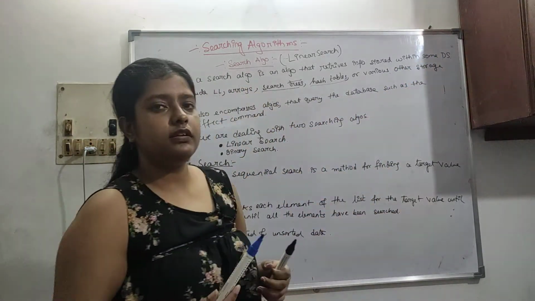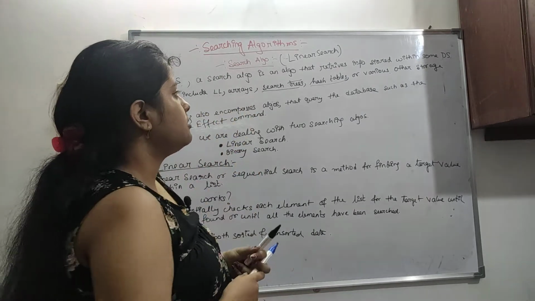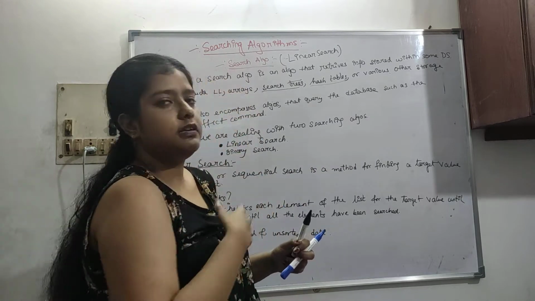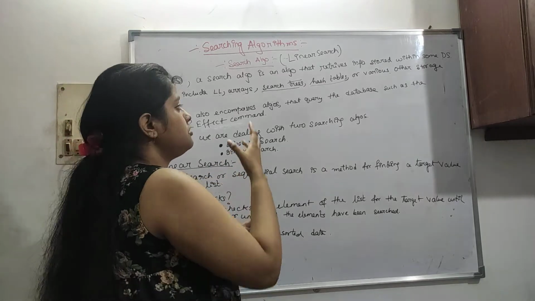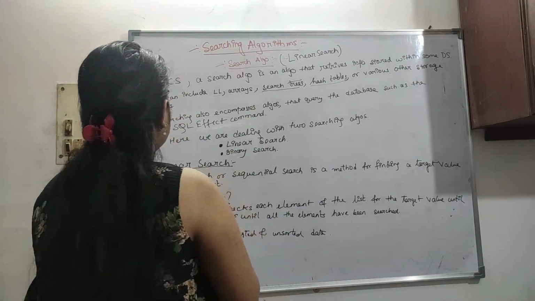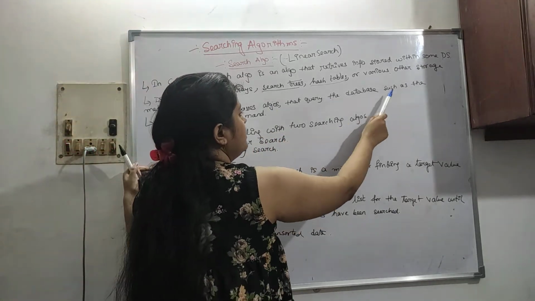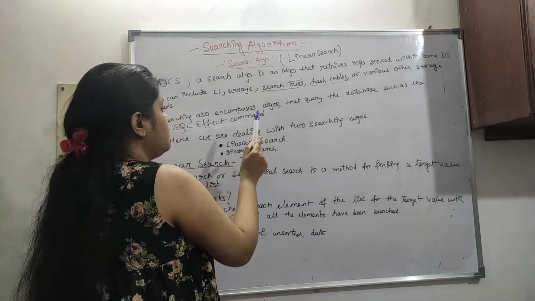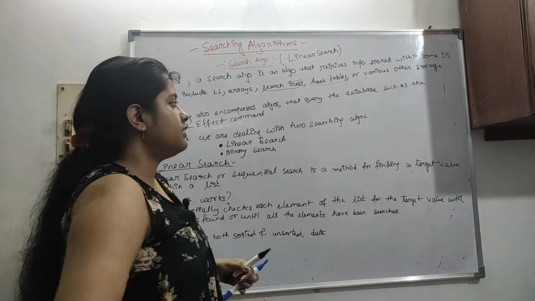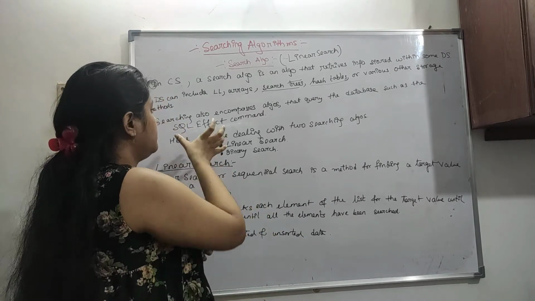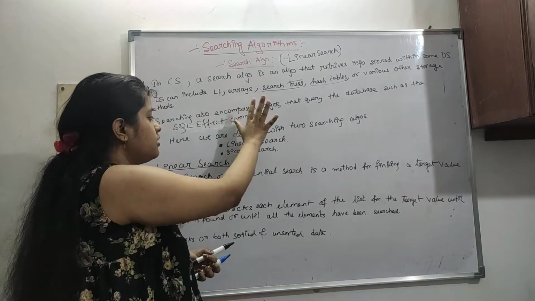In a search algorithm, we retrieve some information stored in some data structures. The data structures may include linked lists, arrays, search trees, hash tables, etc. Searching algorithms also encompass algorithms that query a database, such as SQL. Just take a note of it for now. We will do all this in our DBMS course.